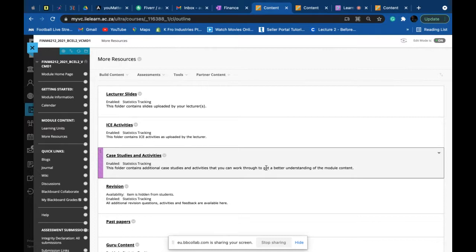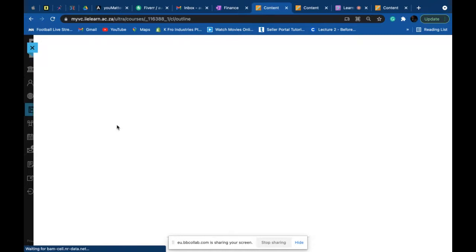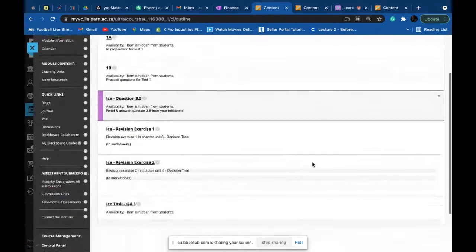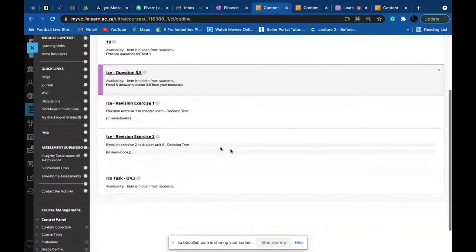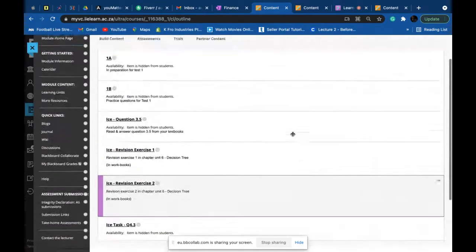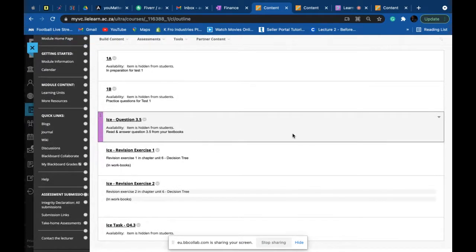I have it on my side. Let me show you now. Okay, at least you can see the board, so that's cool. So I have, this is 1, 2, 3, 4, 5, 6 ICE tasks that I'm going to give you guys from my side. And we'll obviously just pick, is it the best 4 or the best 2? And then obviously just attendance and stuff. Okay, that's it, my side. So you can obviously do that. I mean, the more stuff you guys do, the better. It will obviously prepare you for your test and exam. So there's no problems there.